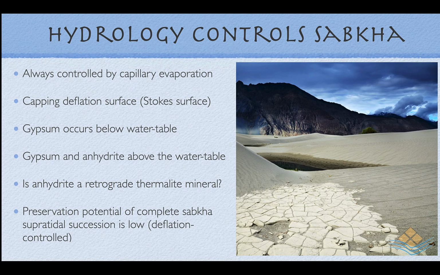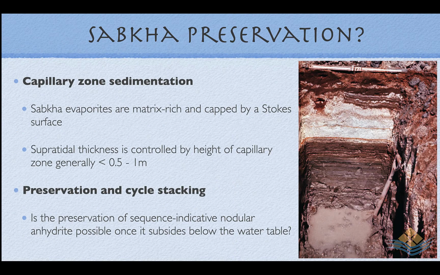And the last conclusion is that the preservation potential of a complete modern Sabkha supratidal succession, a la Abu Dhabi, is low, because the zone of capillary wicking, its thickness, is controlled by deflation. So, what are the implications of this hydrology in terms of Sabkha preservation, and the fact that Sabkha evaporites are capillary zone diagenetic sediments? Well, we must recognise in any preserved ancient succession indications of the fact that Sabkha evaporites